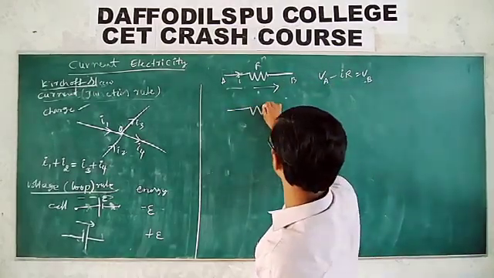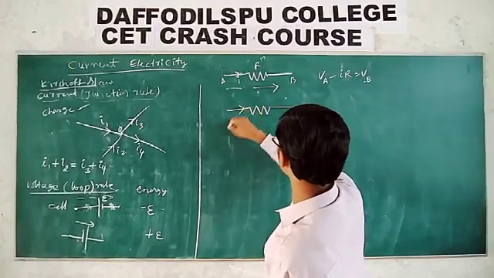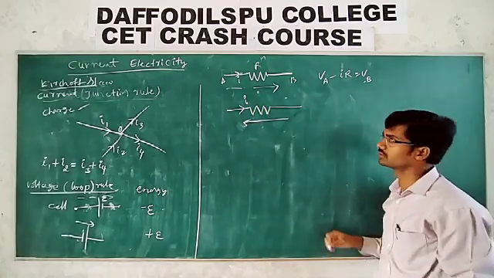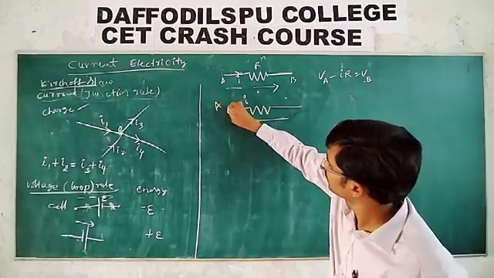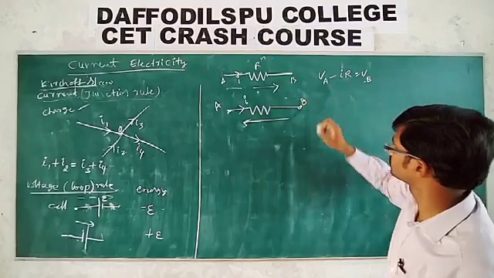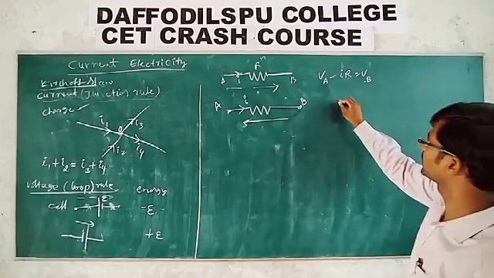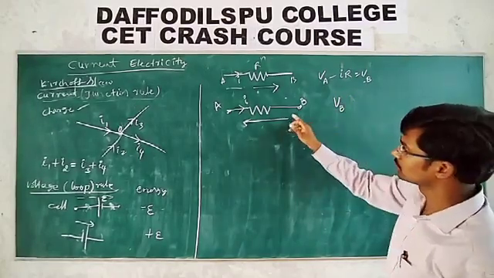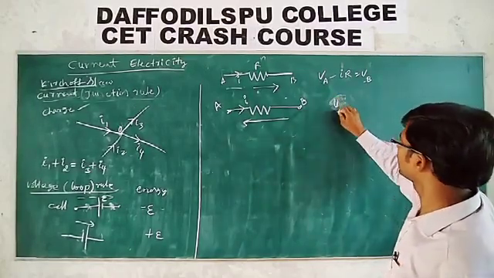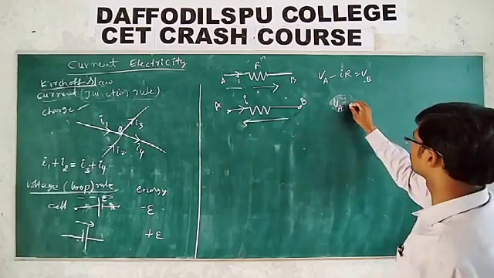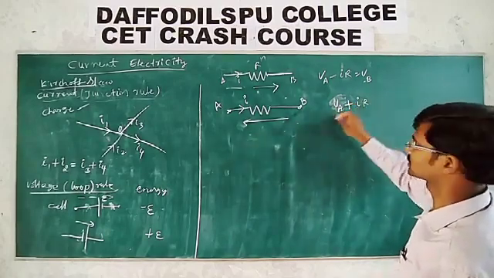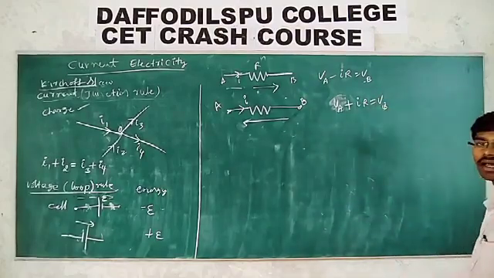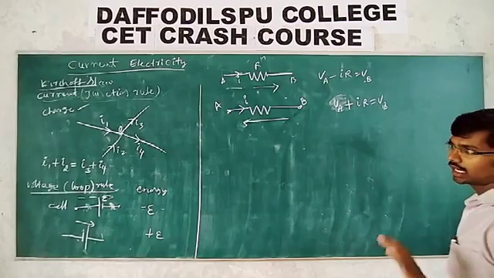If in a resistor the current is flowing in this direction, but we are measuring in the opposite direction, let us take this as A and this as B. So what can you write here? VB, and VA, opposite direction we are measuring, plus IR, because opposite means plus, is equal to V. So these are the sign conventions we have to understand.